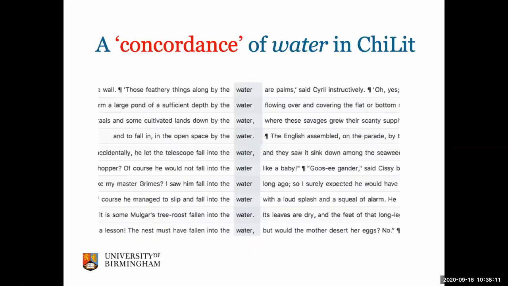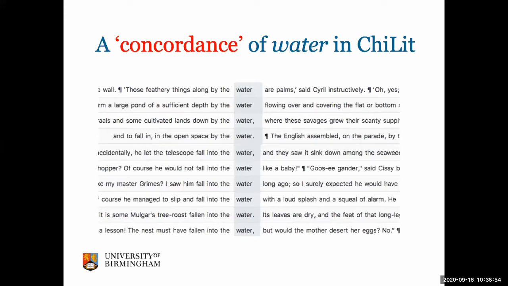Another way of looking at words and dealing with frequencies is a concordance. So what you see on the screen here is a sample concordance. This is for the word water, and that is taken from our ChiLit corpus. That is a corpus of children's literature, mainly from the 19th century. What you get in a concordance is you have the word that you look for, so water, right at the center, and then you get some context on the left and on the right. And this is a way of reading a lot of texts at the same time, and not reading in the way that you would normally do from the beginning to end to get the story, but to see the patterns